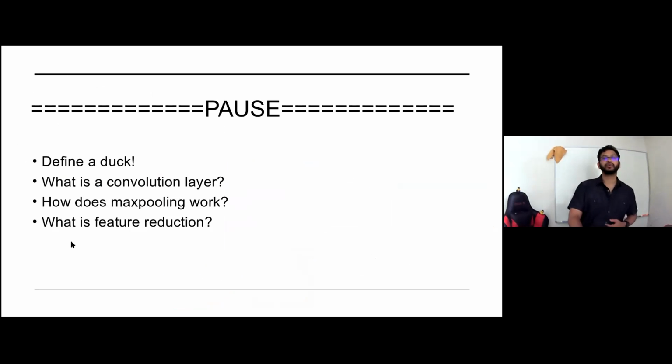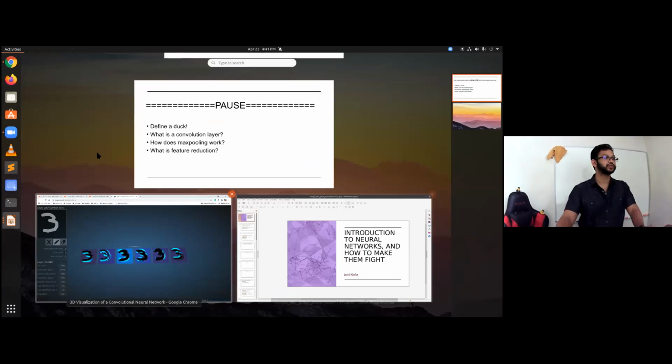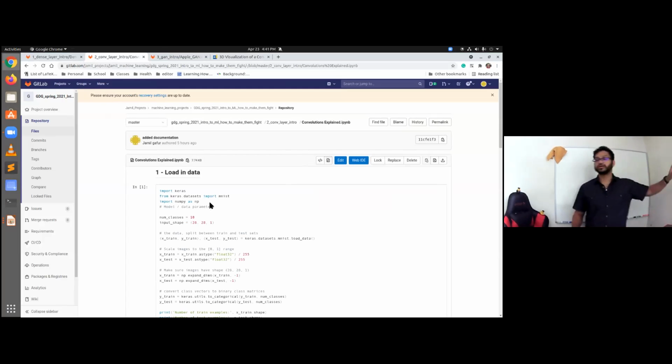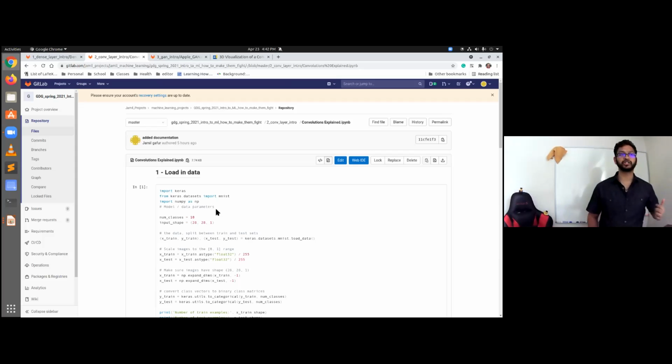So now we're going to take another pause and go on to the second programming example and then move forward. Remember, we took a pause for the first one, and now we're coming on to this one. We're going to see how we can do better by using convolutional layers and max pooling.